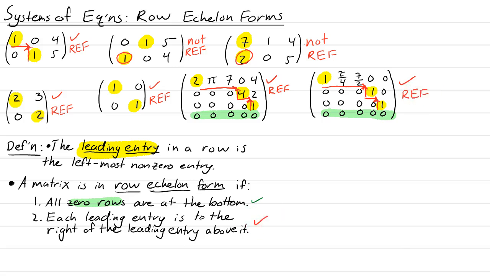Okay, so that's what it means to be in row echelon form. And you notice some of these aren't exactly done. So some of the ones that are in row echelon form, like this one, for example, it would be nice if instead of having a 2x1 here, we had like a 1 times x1. And